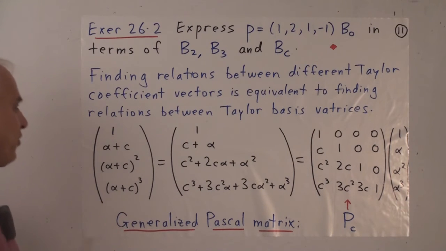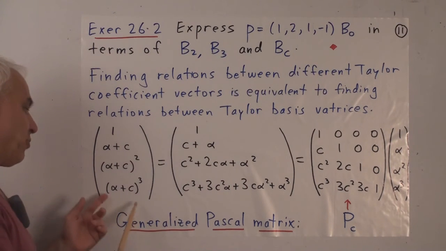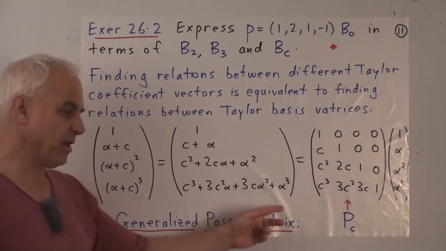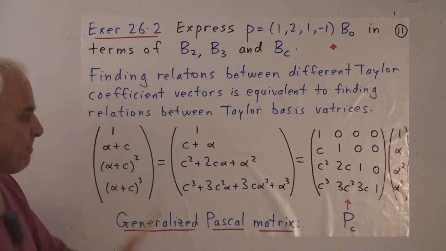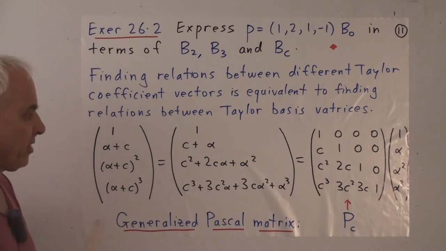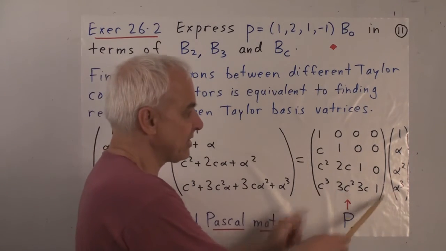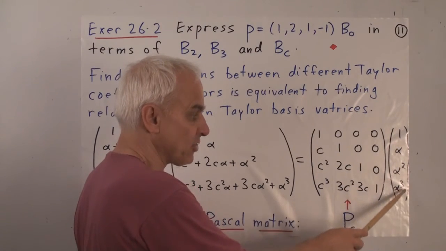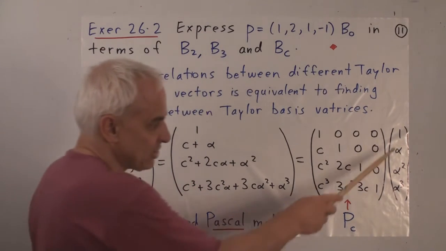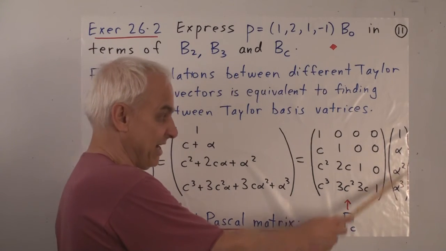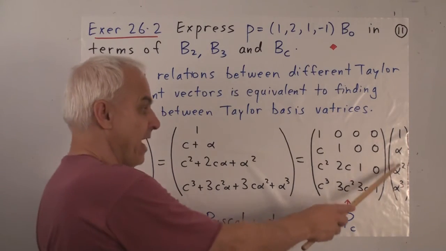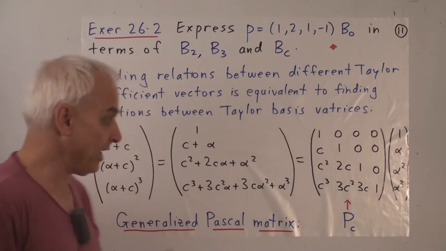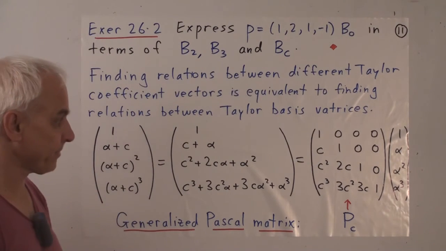And if we wanted to go further to higher dimensional things, the next one would be alpha plus c to the fourth, and we would have to use the fourth row of Pascal's triangle. Now let's rewrite this in terms of a matrix equation. This is a vector, but we can write it as a matrix times the vector 1, alpha, alpha squared, alpha cubed. Actually, this is not so much a vector as it is a matrix, isn't it? Because the entries here are actually polynomials now. We're thinking of alpha and alpha squared and alpha cubed as being polynomials in this space P3.